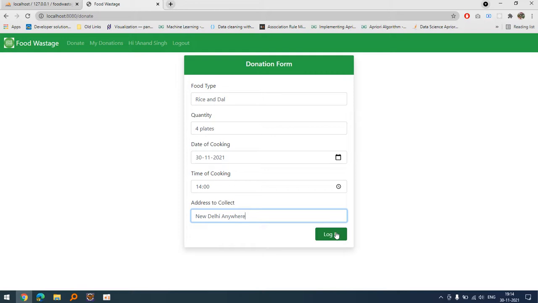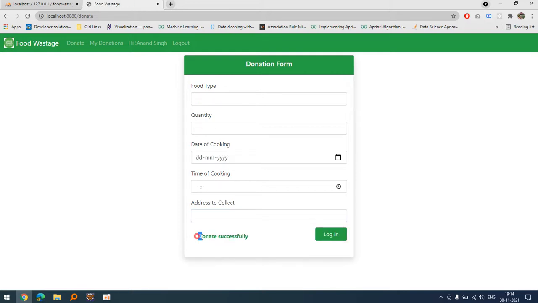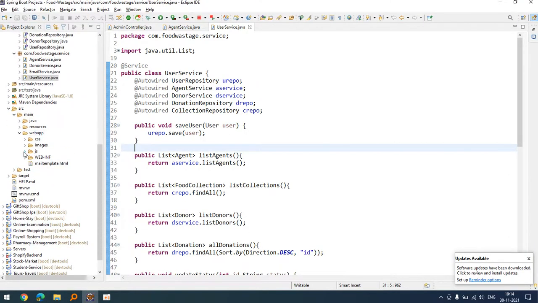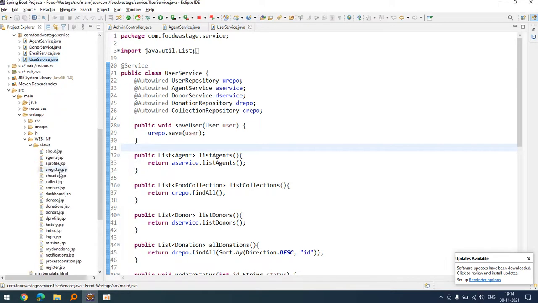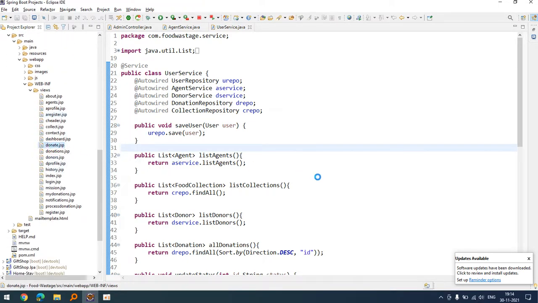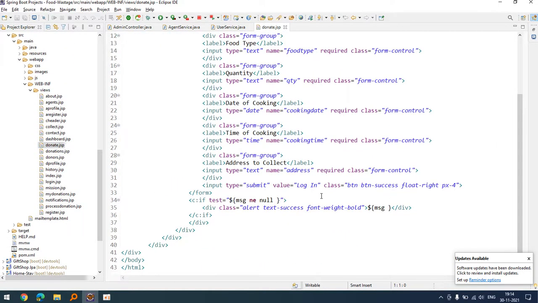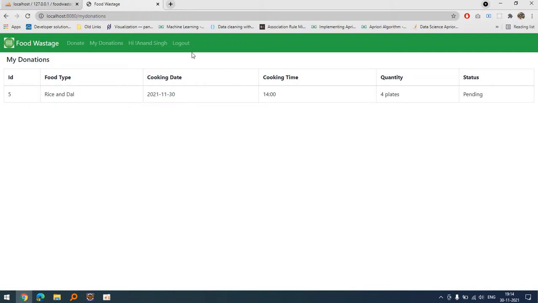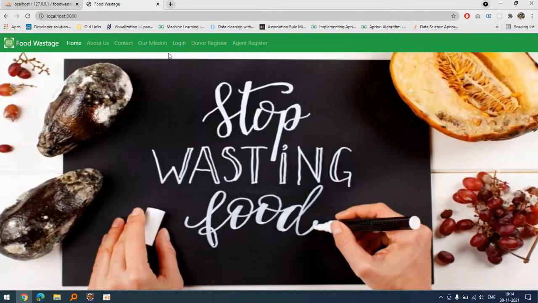Okay, this we need to update actually. Okay, donate successfully, and the donate page, let me update because I basically forgot sometime. Okay, donate, come on. Donate now, save it, and let's reload. Fine, so let's go to donations. You can see that donation has been done. Log out, and let's log in with the admin.